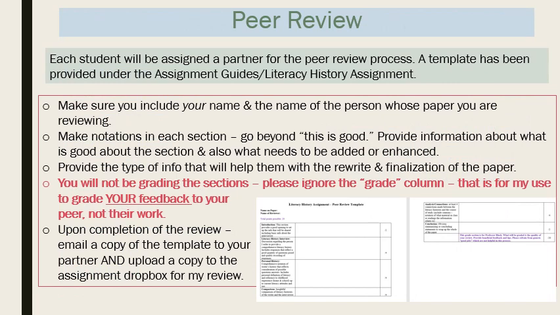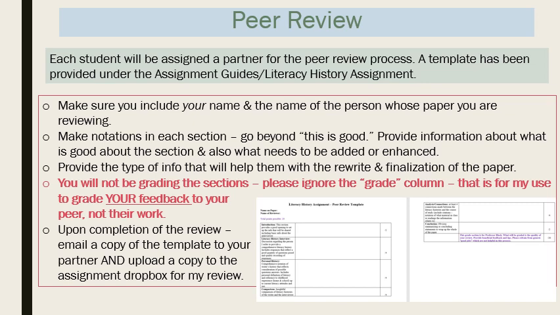Okay, the last thing that we're going to do with regard to this paper is I want you to have an opportunity to do peer review. And I know some of you, I can hear the collective, oh, really? But I do believe that there can be some value in this, and it's something that we as educators need to learn to develop, because we'll probably have opportunities to review perhaps articles that we're submitting for publication in a journal or that type of thing.